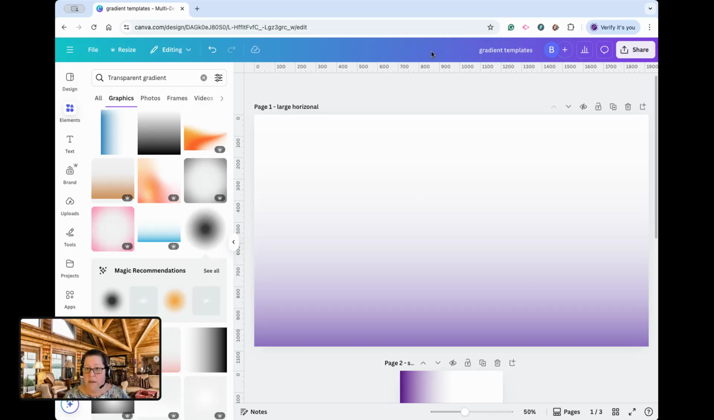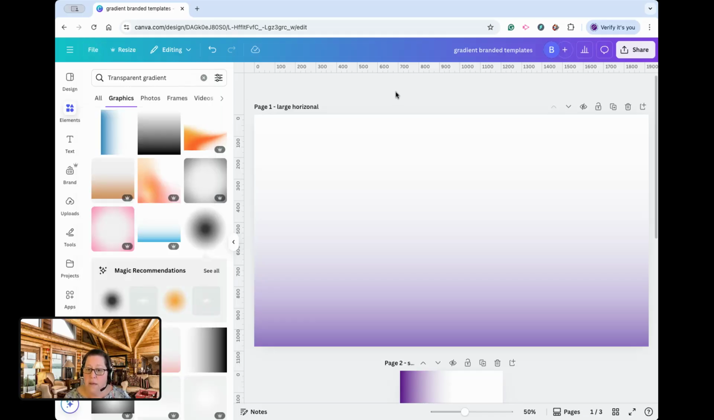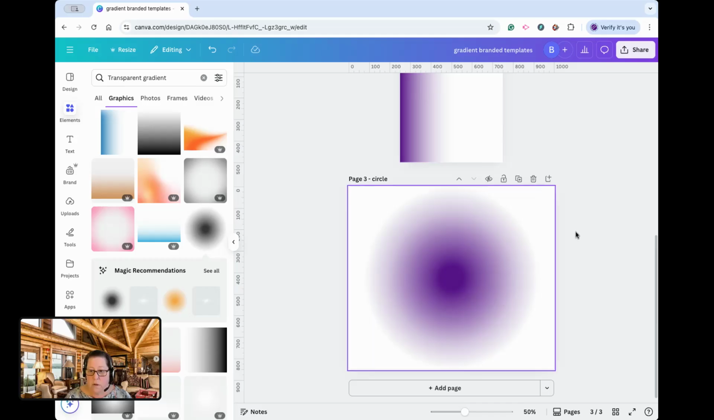So what I can do now is change this file name, horizontal. I can do gradient templates. I could say gradient branded templates. And it's already going to save because I already saved it once. So there I go. Now I've got my gradient templates, and I can continue to do this and create a